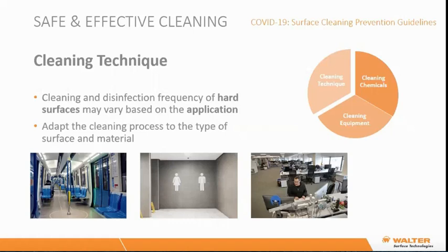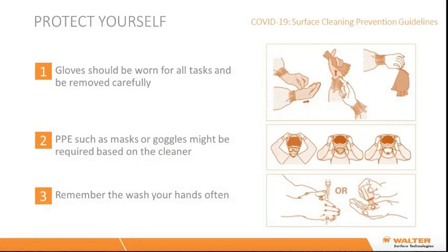All of those things are going to be taken into consideration when you are cleaning your environment and decontaminating the area. So when you're cleaning, of course, it's important to wear PPE, not only in terms of what the cleaner you chose is going to be,